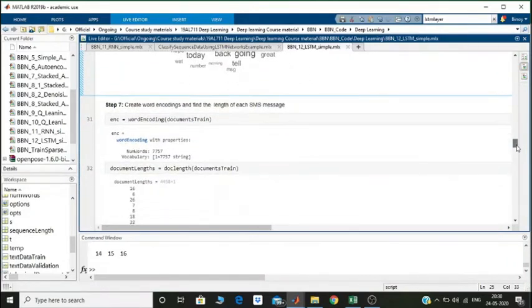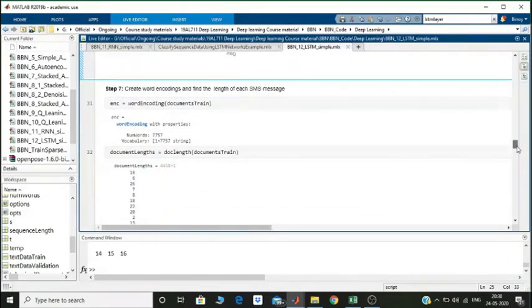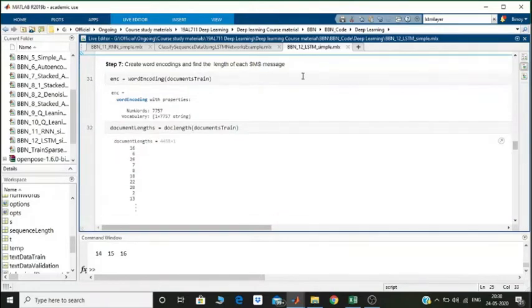Once I have done the pre-processing, next step is to create word encodings. Word encodings is simply done by using this function called word encoding and giving the input data set that you want to encode.